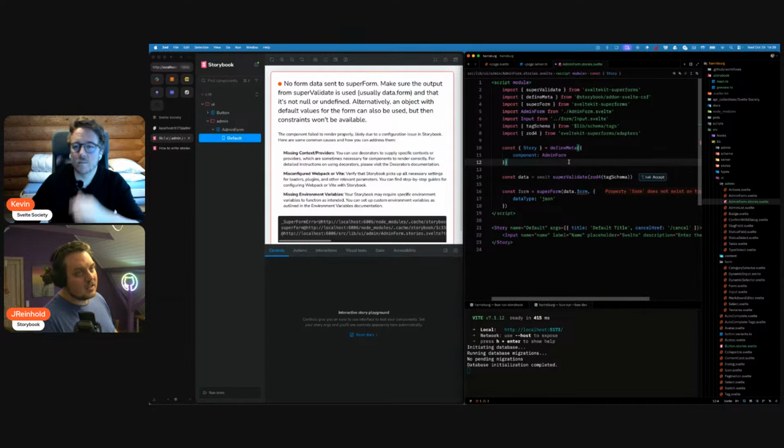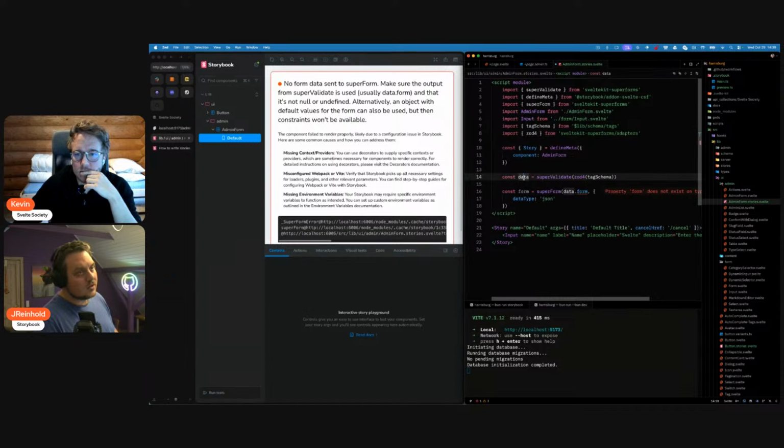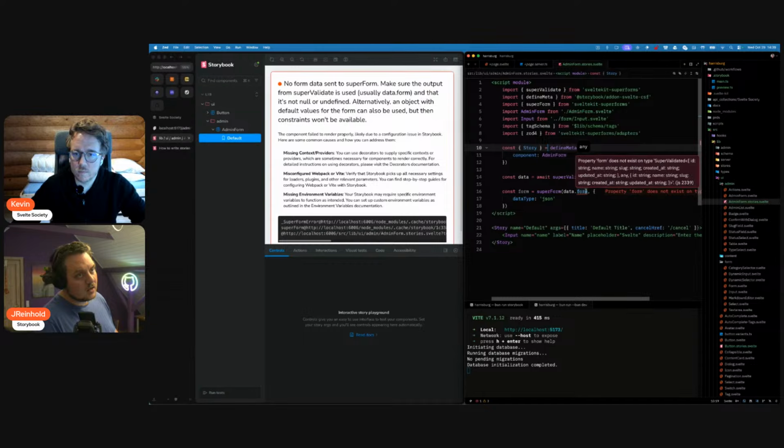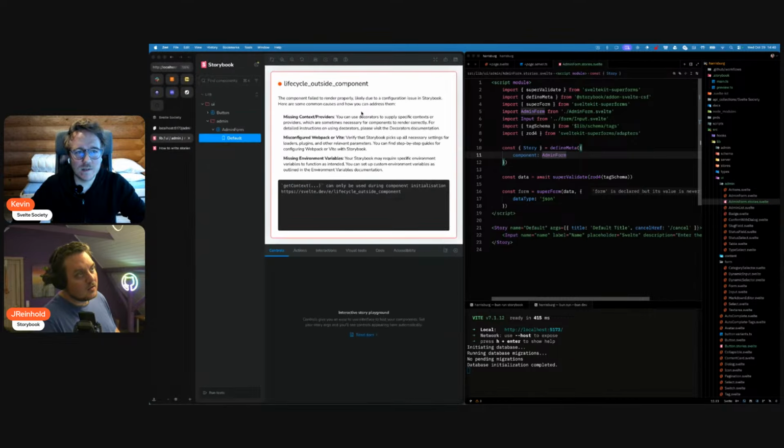But this is empty data, right? So, yeah, I guess you need to await it at least. Yeah, exactly. And then it's not form. It's just data, not data.form, just data. Oh, yeah, of course. There we go. Lifecycle outside component. And